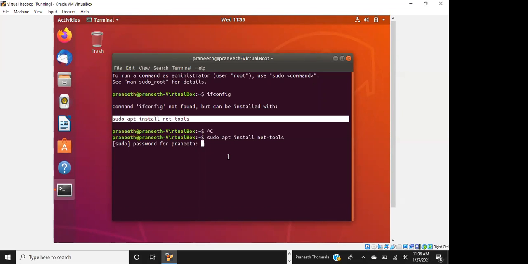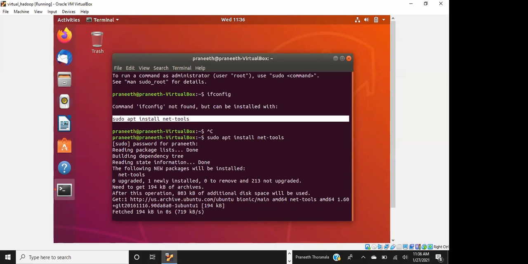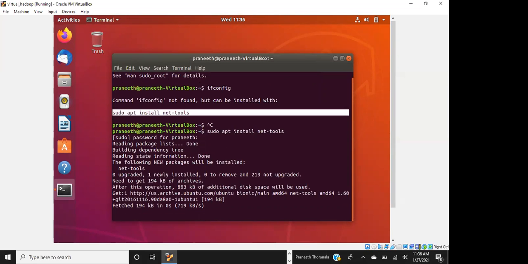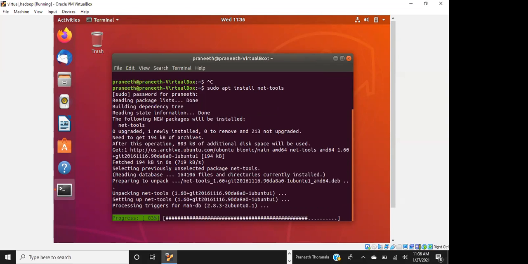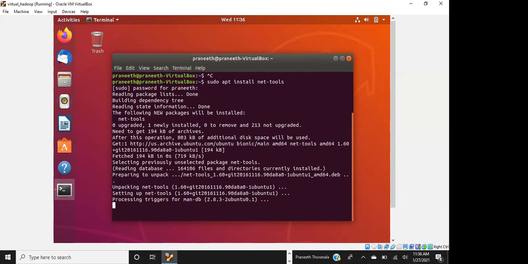Is this the password I just created or a new password? No, whatever you set while installing the Ubuntu operating system. Okay, now try the ifconfig command.